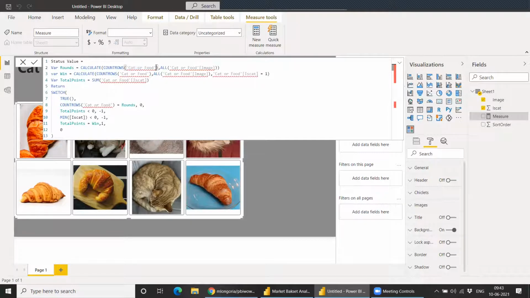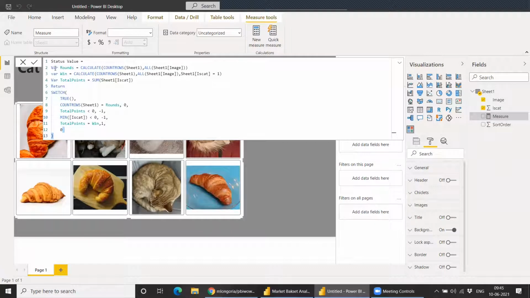Yeah, so what we'll do, we'll use this formula, because this is Sheet1, so we have to rename everything. Let me explain what this formula is.